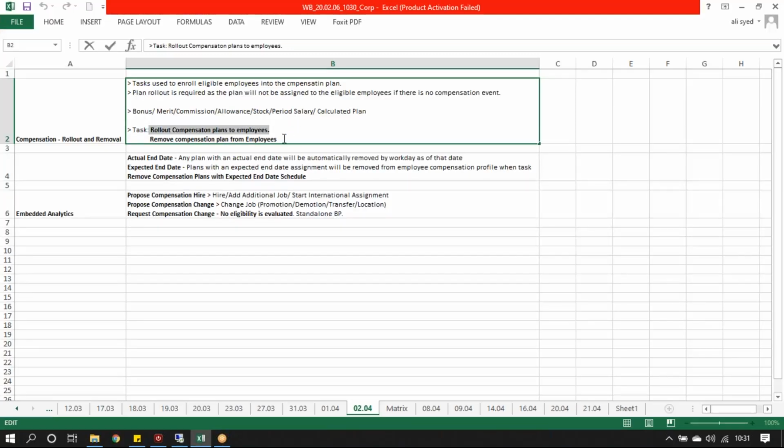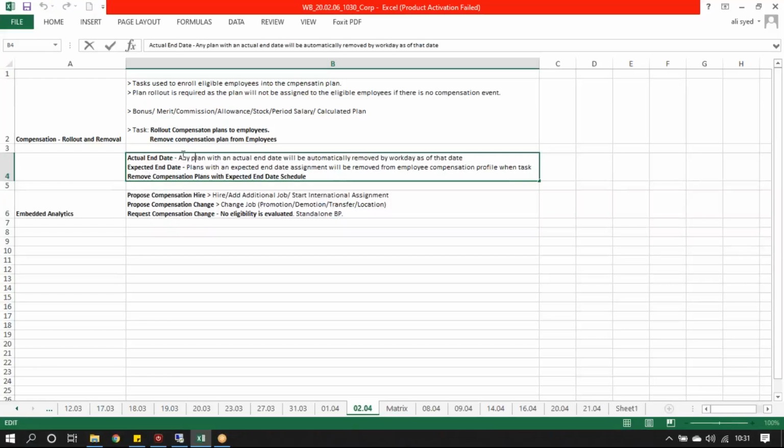Similarly to rolling out a plan, I also have the option to remove compensation plans for employees, right? Okay, now we have already discussed. So any plan with an actual end date will be automatically removed by Workday as of that date, right? Any plan which has an expected end date will be removed from the employee profile when we process this report or task,